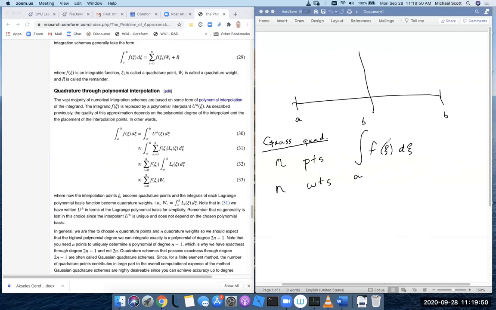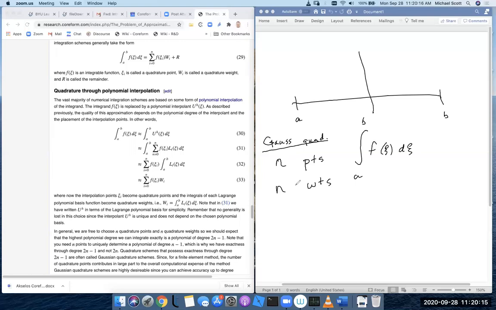And normally what we mean in finite elements is that we pick a Gaussian quadrature rule. And a Gaussian quadrature rule actually means that you're free to choose not only the n points, but the n weights as well. Okay, so in this problem, you're free to choose 2n, you have 2n degrees of freedom,